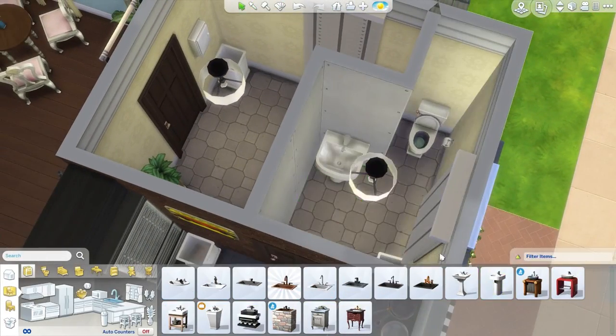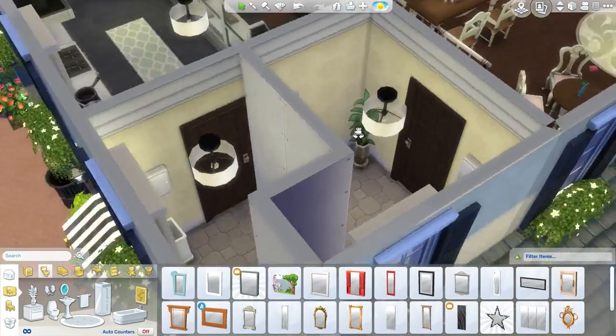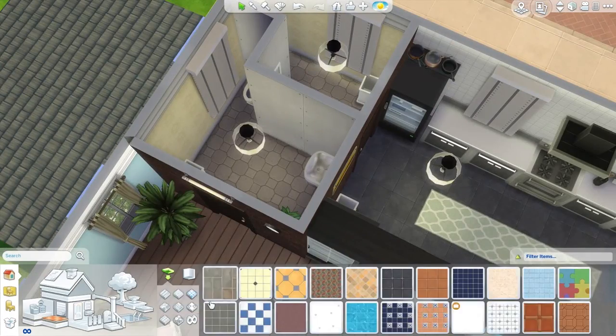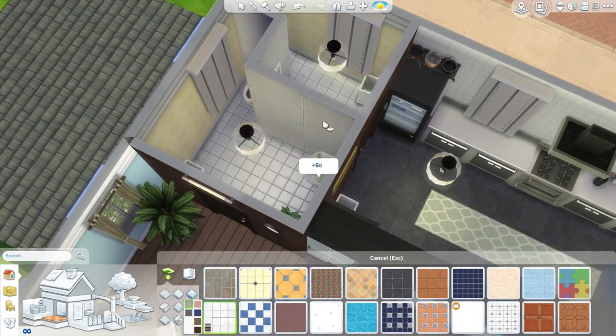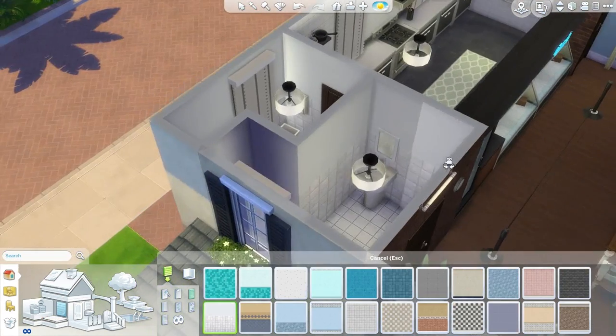Rather than the stone flooring and floral wallpaper, I decided to go with a more sterile white tile and just plain paint on the walls and kept the decorations to a minimum. That's really about it for the bathrooms, but as far as the cafeteria goes, I spent a lot of time